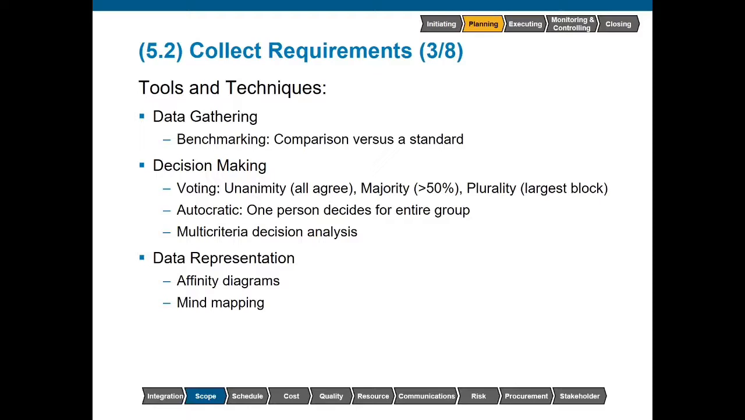In some situations, autocratic decision making may be more appropriate. This is where one person has a level of authority where they can arbitrarily and unilaterally make that decision for the entire group. Now, it's very important to note that most decisions being made within a project are very multifaceted. So, multi-criteria decision analysis will be very important as we look at the various aspects of any decision that we have to make. With data representation, there are a lot of different ways to represent the information